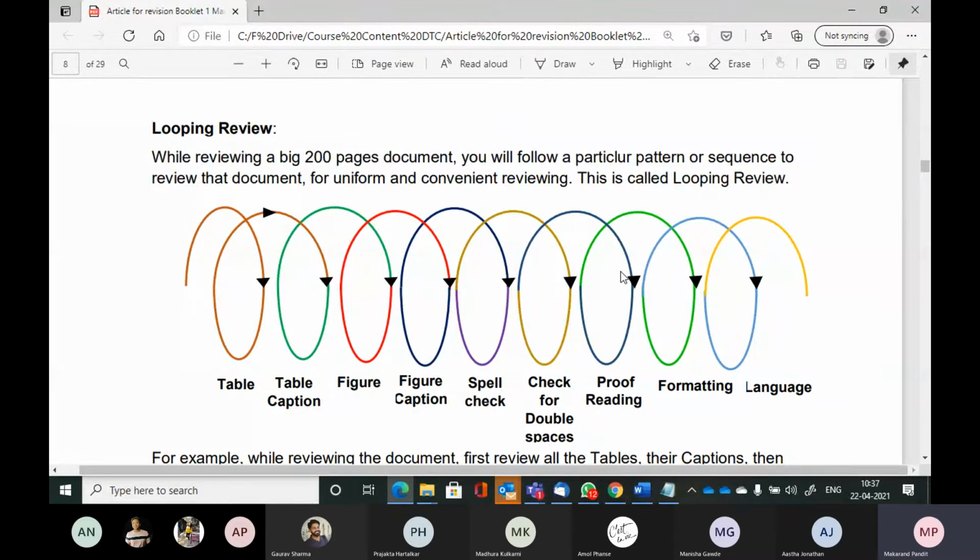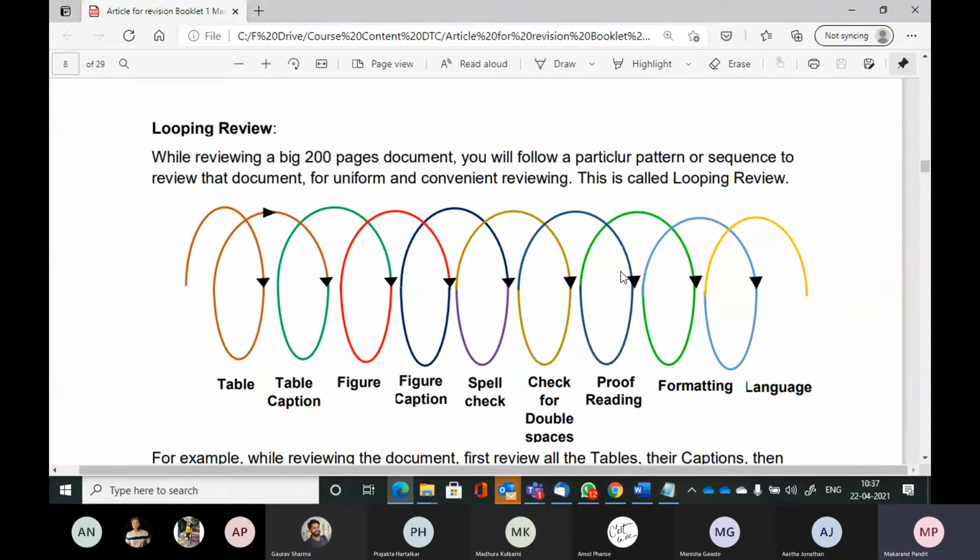In a big document, if you go from beginning to end, and then you are expected to check 20 things or 25 things, you probably will not be able to check them at a time, correct? So while you are checking one, you'll probably miss out on the other, and so on, right? And while let's say you are checking spelling, suddenly you see a missing caption, then you try to insert the caption, then you forget the spelling check, you get into missing captions and resizing screenshots, and then maybe while you are resizing screenshots, you will see misalignment of a table.